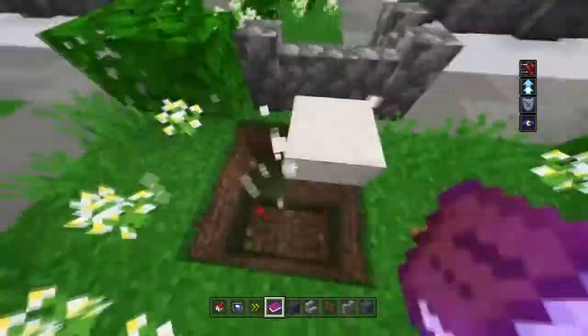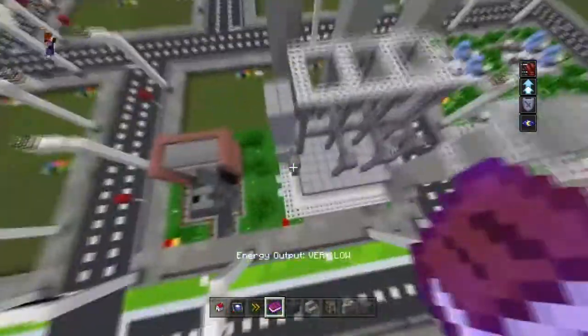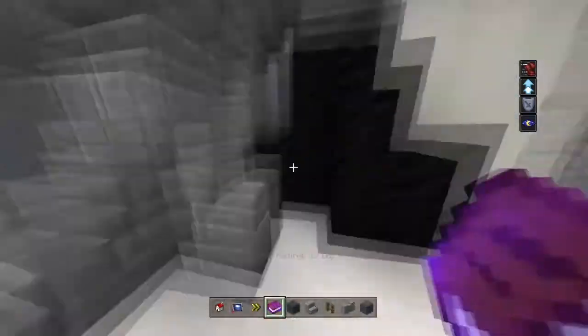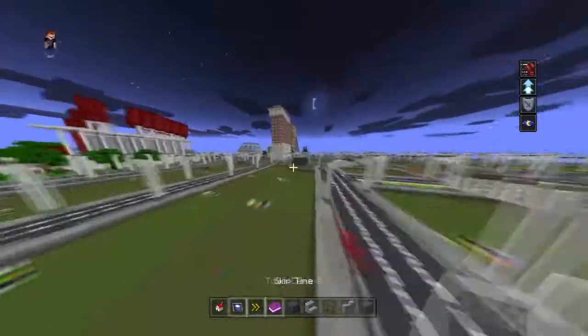Now, I'm guessing this is like a park or a solar farm. This was an energy factory, I guess, because it might be like a coal energy factory, because it had a lot of coal. It might be like just a